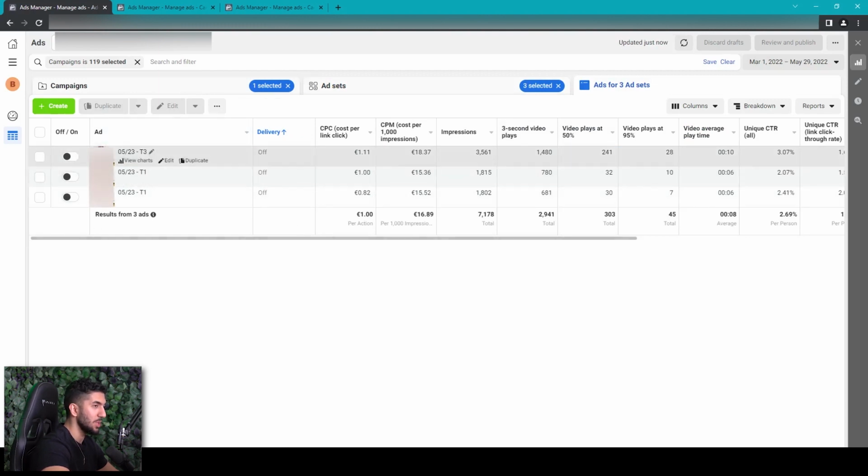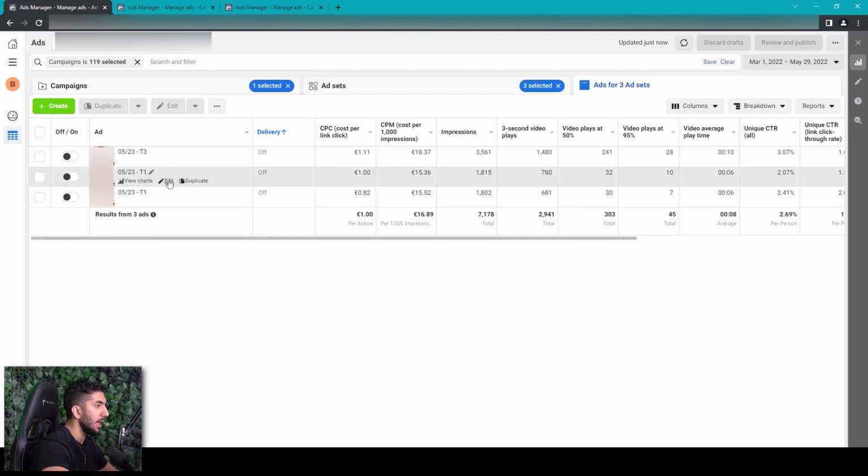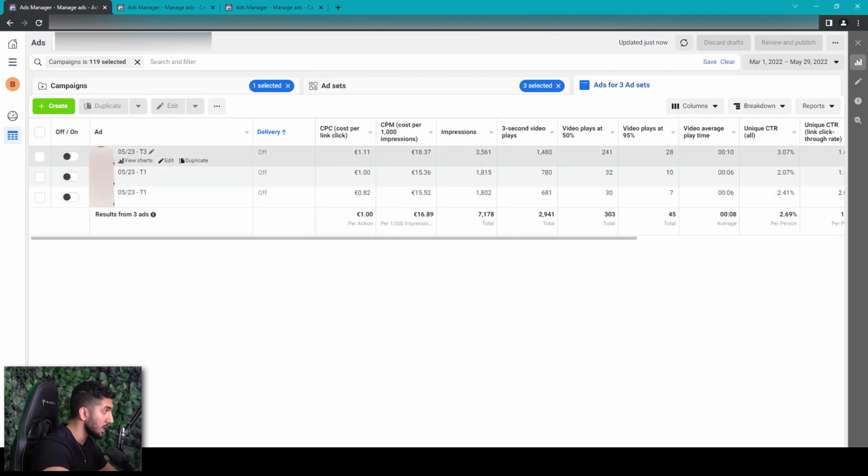You can see here basically this is not going to be shown, but by the color of it you can see these are the same videos. So you can see T1 and T1, T3. So I have just tested the first 3 to 10 seconds of the video being the same, but the rest of the video is different. So